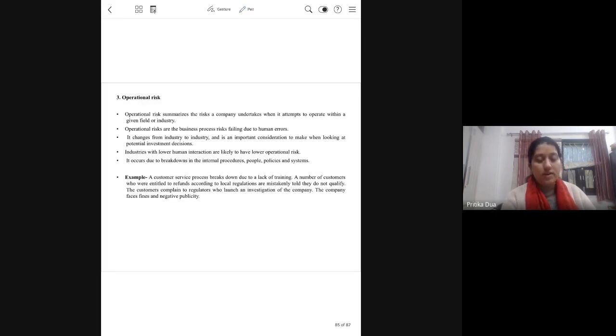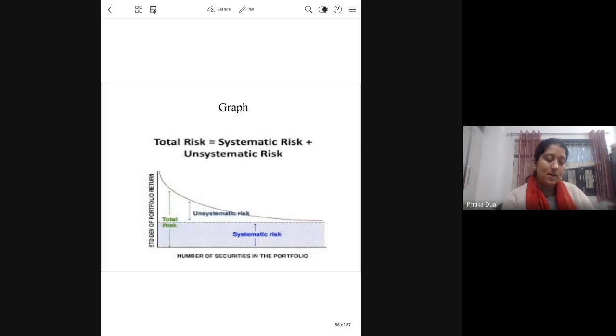Next is operational risk. What is operational risk? If there is some breakdown in the company's operations, and because of that the company's performance is impacted, then that is known as operational risk. So an example of operational risk is, say, a strike in a company: a strike happens in the factory, production stops for 4 days, that will have a huge impact on the earnings of the company. But this is again something which is specific to a single firm, and hence this risk can be diversified. This is part of the unsystematic risk.